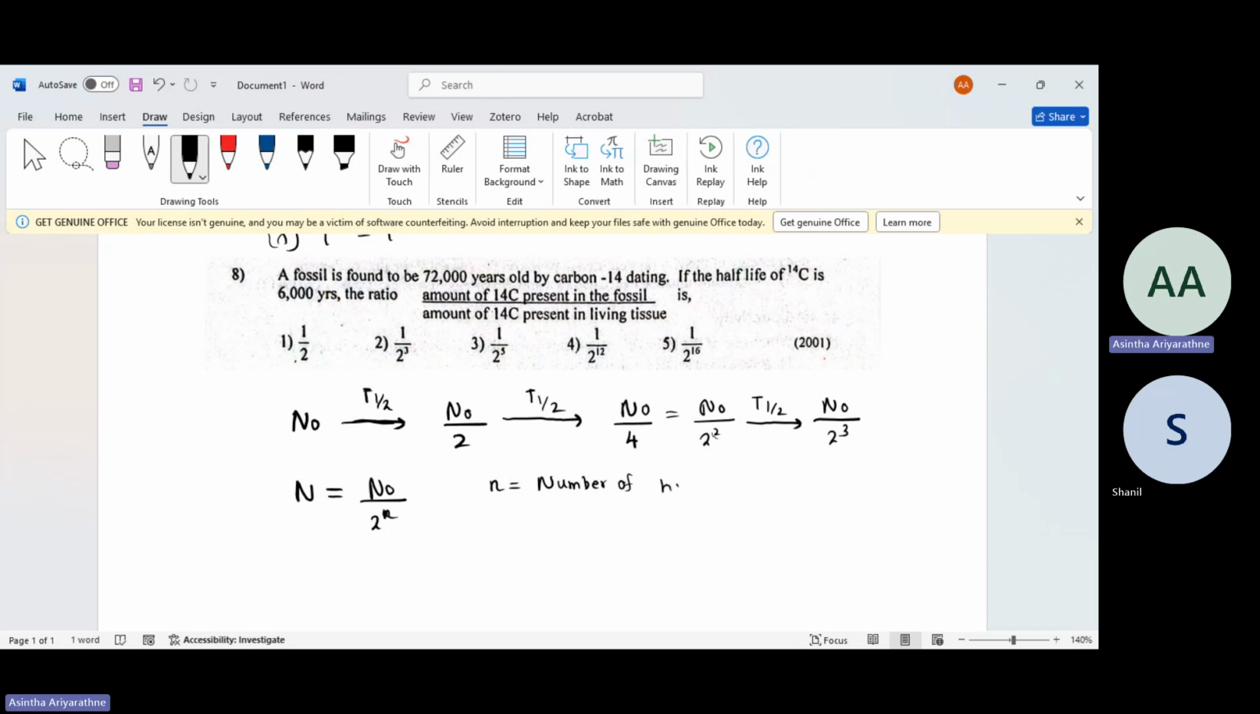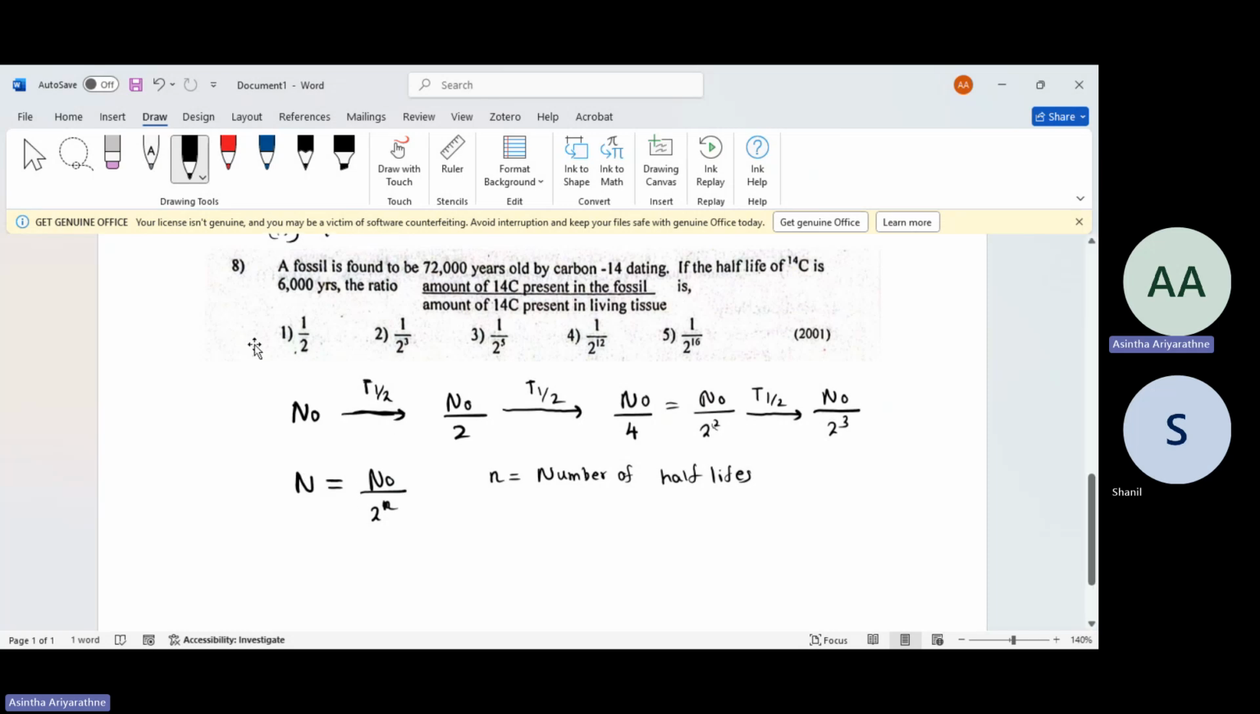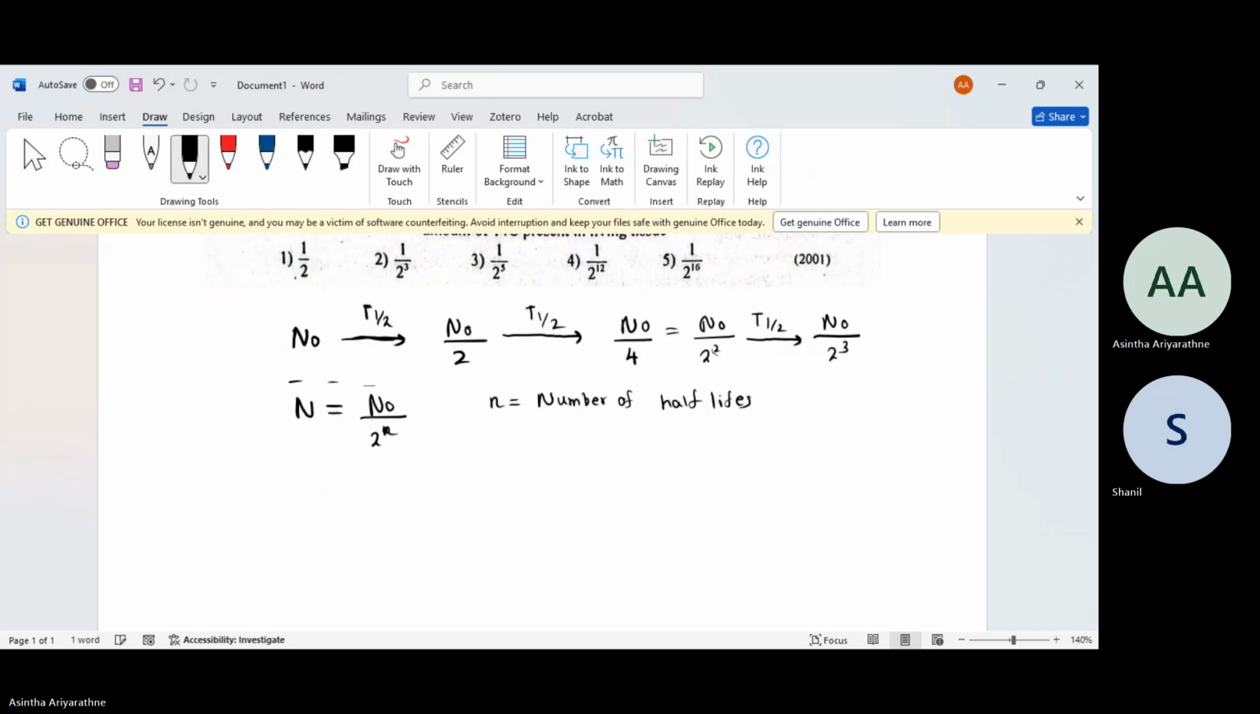Number of half-lives. So n is the currently present number of unstable atoms. N naught is the initial number of unstable atoms. So here in this case,